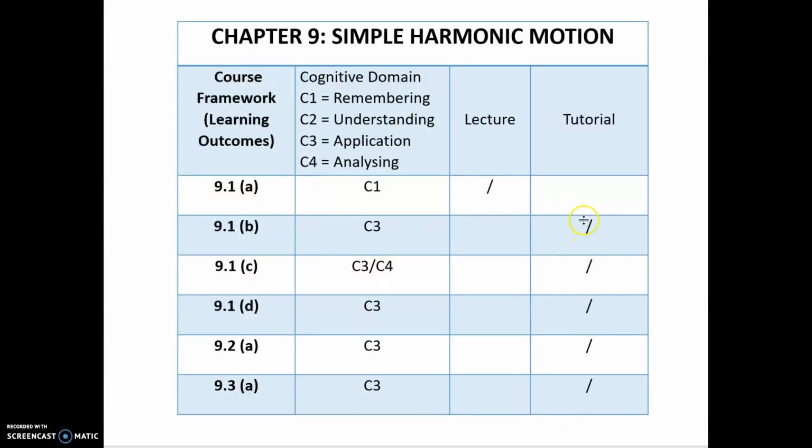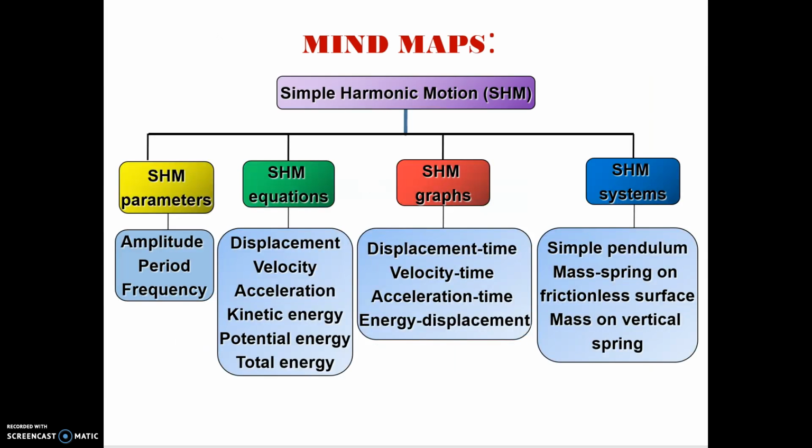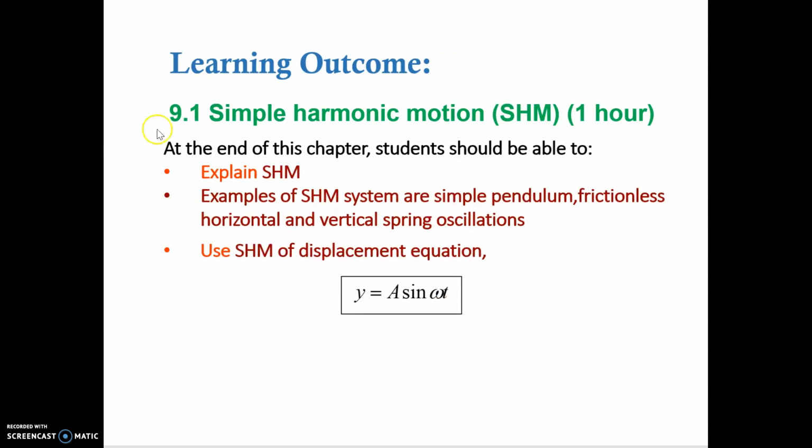The rest is supposed to be mine, 9.1b until 9.3a. You have looked at this kind of mind map. From 9.1, simple harmonic motion, this part explains simple harmonic motion, which you have done in your lecture, and my part is